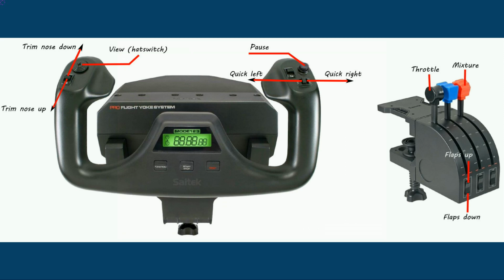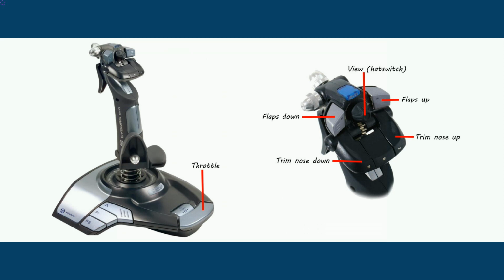Another way of assigning buttons is, for example, when you have a joystick. So here we have a Saitek Cyborg Evo joystick picture, and of course one thing is that it has a nice throttle lever, so you assign the throttle to that, but there are lots of buttons on the head of the joystick. So of course it has the hat switch, which we assign the view command to, and then the flaps and trim